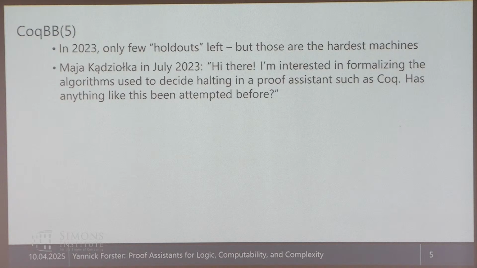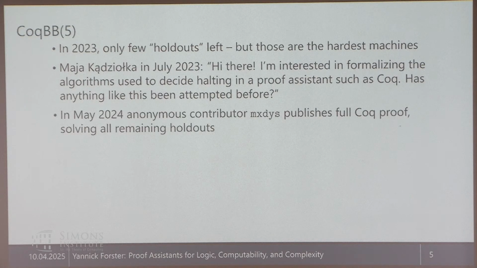If somebody had asked me whether it should be attempted, I would have clearly said no, because that's a horrible waste of time, trying to formalize Turing machines and the termination proof of 17 trillion Turing machines. Still, May started a project called BusyCoq, getting lots of the basic theory rolling successfully. And then in May 2024, an anonymous contributor called mxdys popped up, said, I have a fully formalized Coq proof of around, I think, 10, 20,000 lines, solving in particular all the open problems, contributing 5, 6 new proofs.